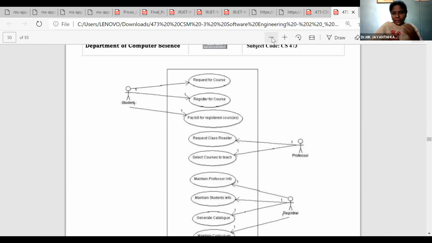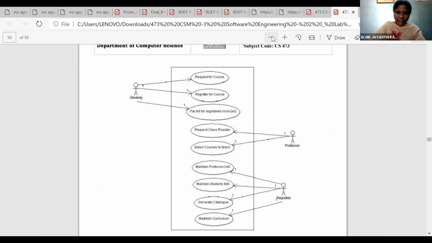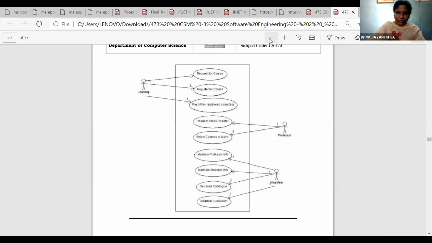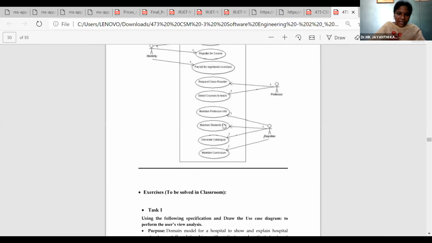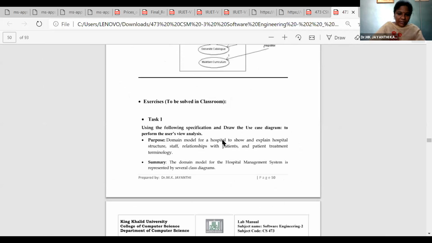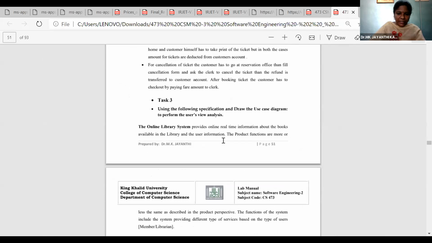I will share this user manual by editing the content so that you can easily understand the design part also. I will share this as well as the other PPT also. Then you will come to know the internal aspects.